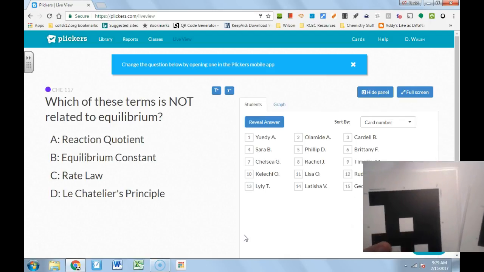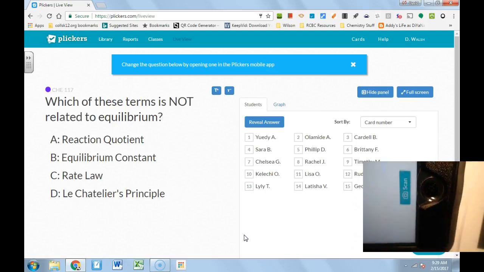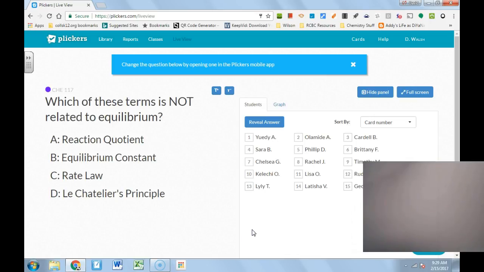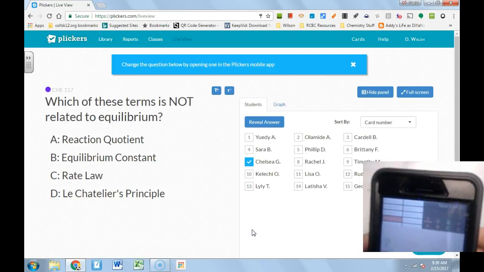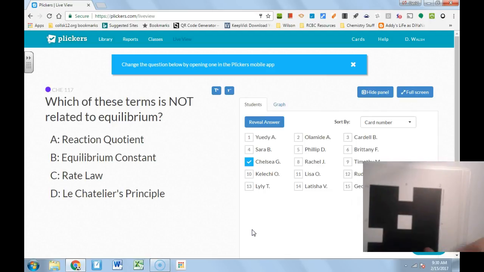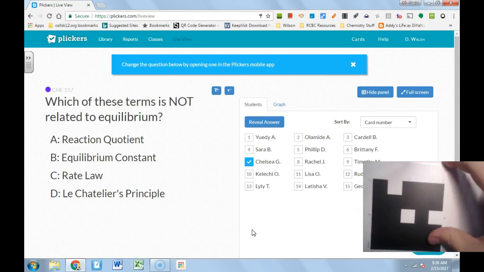Now, I'll show you what happens when I scan the room. I have a choice to scan here, so I'm going to click scan on my app. It activates the camera. You can see that I had A there. The right answer was C. Here in my teacher view, it shows that Chelsea is wrong, and it tells me how many people were wrong there. So if I take this and scan that card,